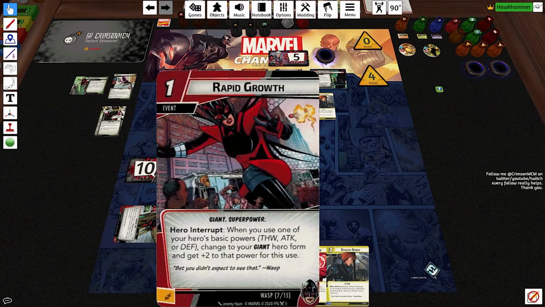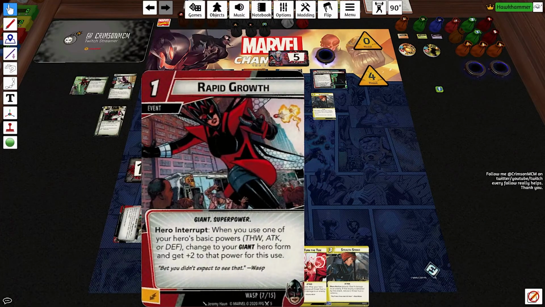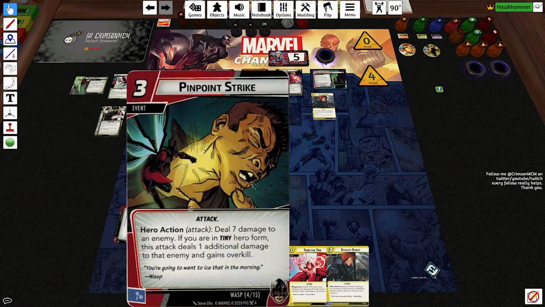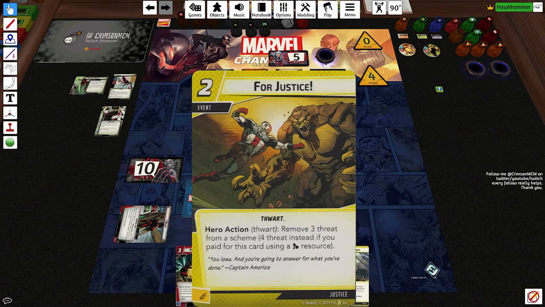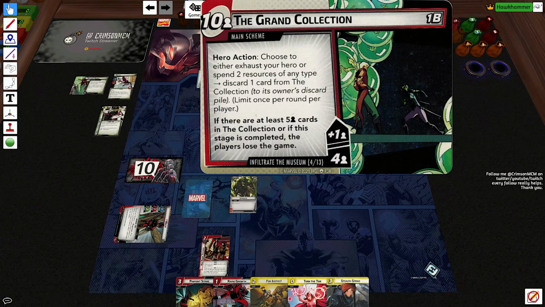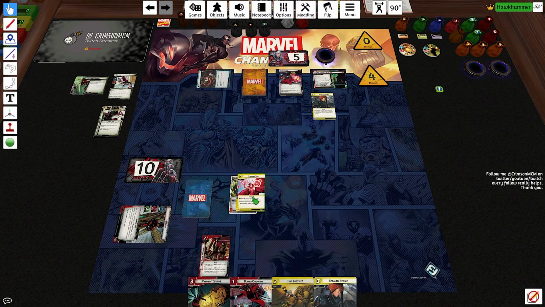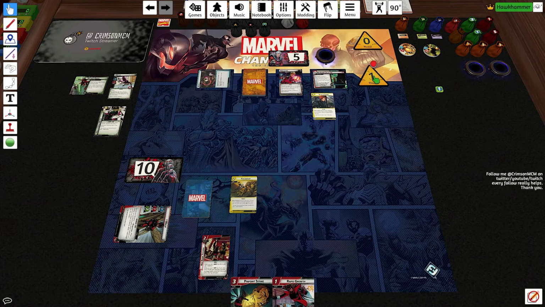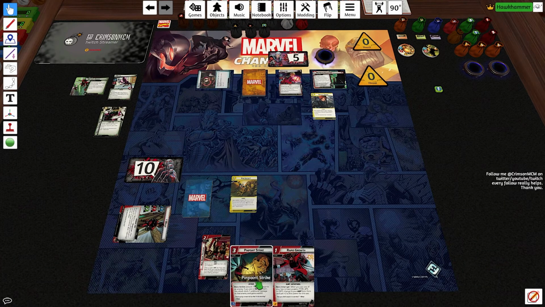So we need to, unfortunately, wait. Oh, Rapid Growth wouldn't have done me a whole lot because I would have been exhausted anyways. So how do we go about this? Well, we have this Stealth Strike in hand. We have a For Justice. We could clear that fairly quickly. I'm actually going to go ahead and use Turn the Tide and Stealth Strike. As much as I hate doing it in this situation, I am going to For Justice to reduce that down to 0. I don't want to be wasting this Pinpoint Strike quite...